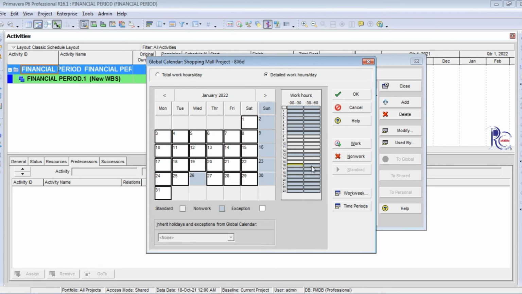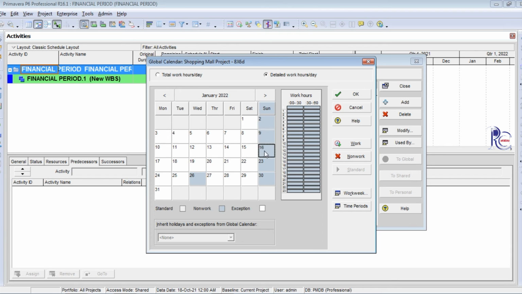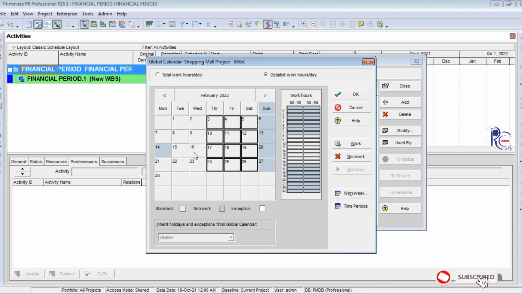I give 13 and the opposite bar of 13. Every bar has 30 minutes. The opposite bar also 30 minutes. So I give a 1 hour rest per day. February month also, set the same detailed option in detailed work hours per day.